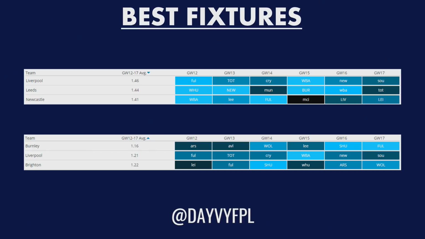So the bottom 3 teams there, the best teams from a defensive point of view, are Burnley, Liverpool and Brighton. So Liverpool just show their good strength of fixtures from an attacking and a defensive point of view. And why this is interesting for me is because Trent Alexander-Arnold is coming back from injury. So if Trent's back and firing, I think it's going to be quite hard to ignore him, and I definitely think around that game week 14 mark,